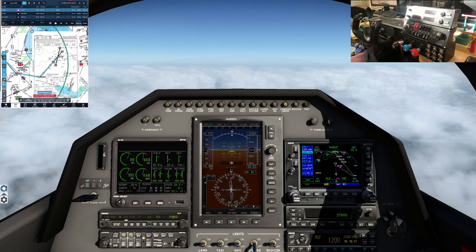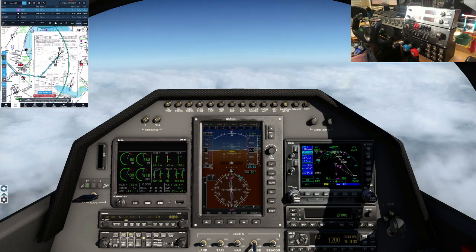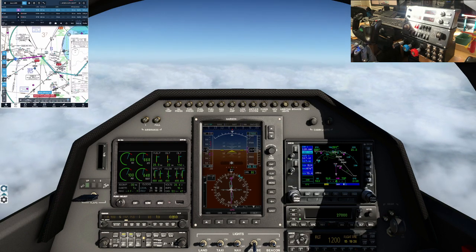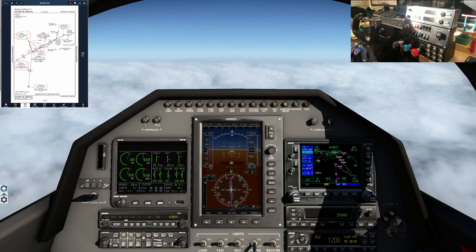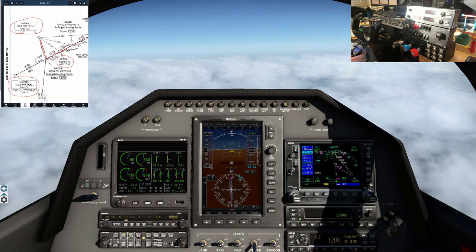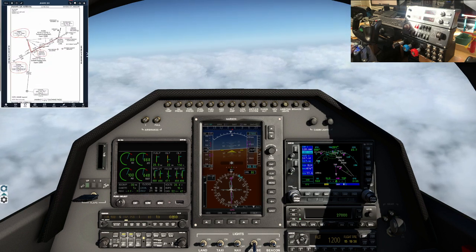Alright, 513 over the ground at 27,000. I guess it's time to start thinking about getting down to altitude, isn't it? So let's look at... Is this the arrival? Yeah, okay. So, from Topeka...